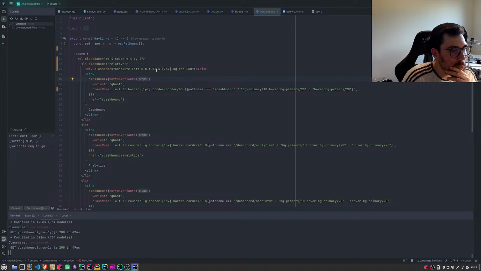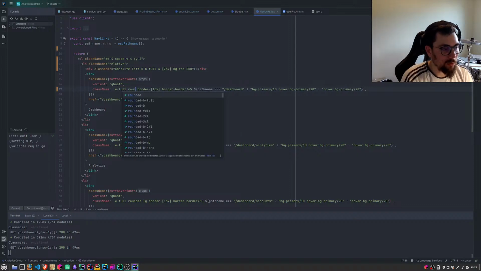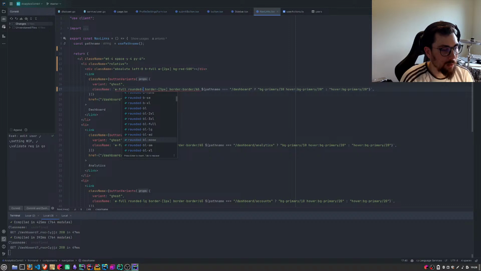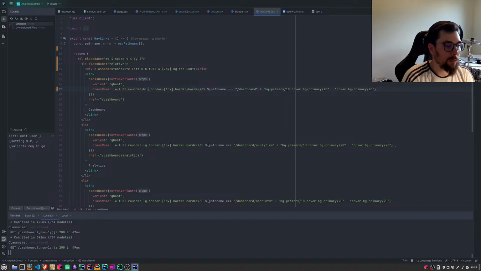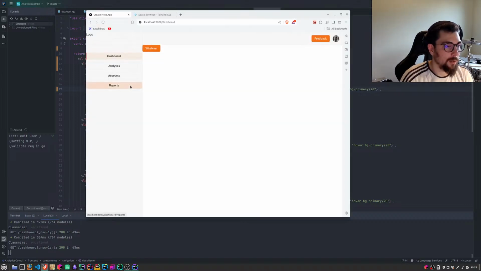Relative absolute. So rounded, can I? Rounded none. That's what I need. Nice.